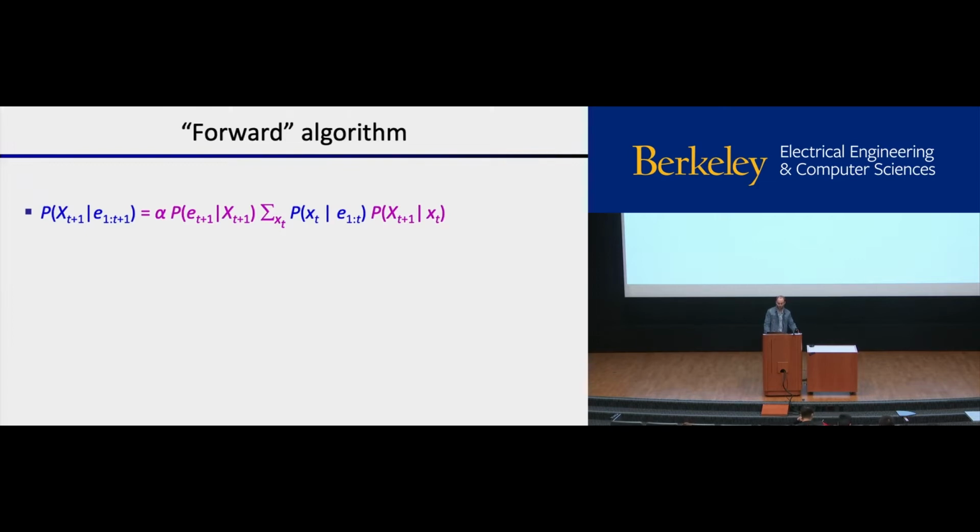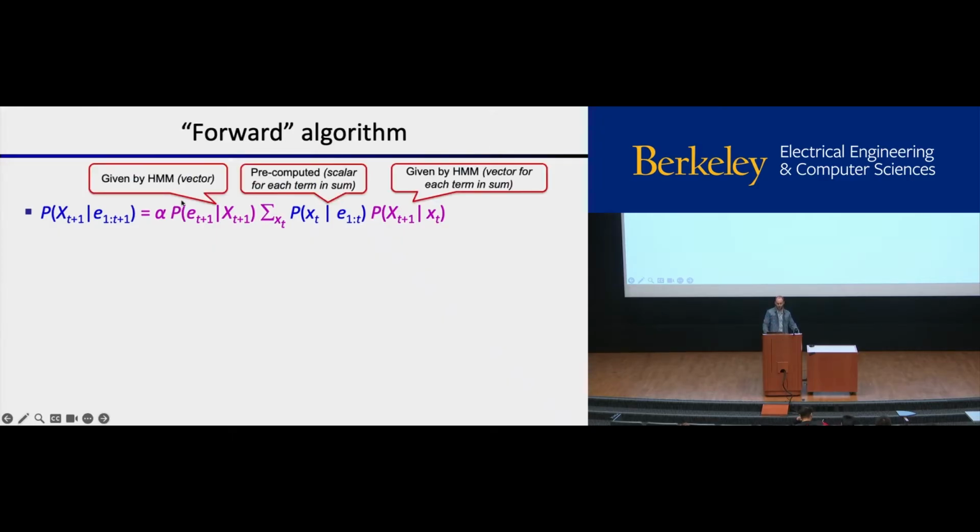So this is called the forward algorithm. In blue are the things we're calculating successively. Here it is for t, there it is for t plus 1. In pink are the values we're getting from the hidden Markov model. This doesn't come from the hidden Markov model, but you just normalize at the end. Let's think for a minute about what kind of objects these are. This is a vector given by the hidden Markov model because we get one value for every value that big xt plus 1 could take.